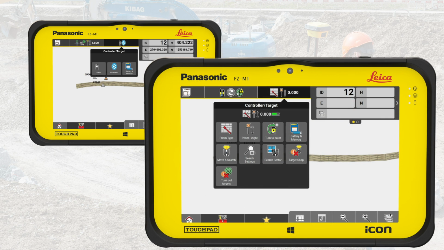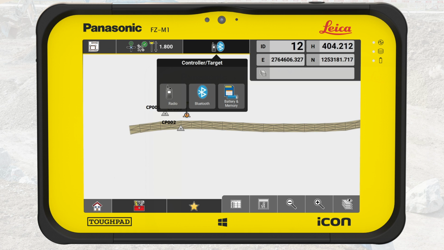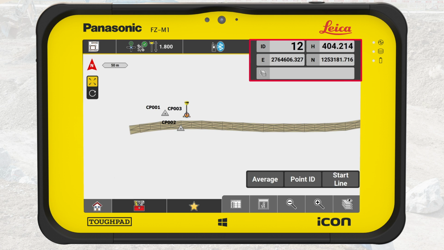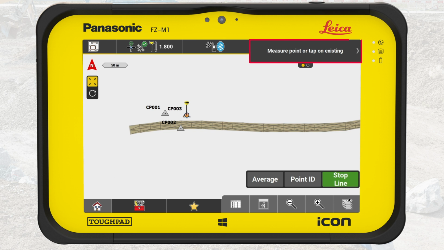If we use a total station, it shows prism settings and search functions. If we use a GNSS rover, it shows the communication status. Next to the status bar, we see the information bar showing information relevant for the current action being carried out. It shows three forms of information: text guidance for the next steps while you carry out functions,